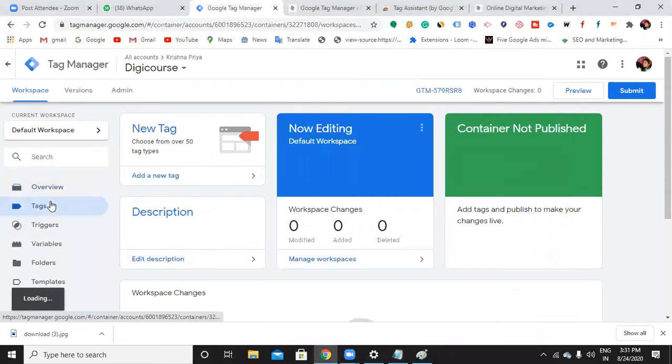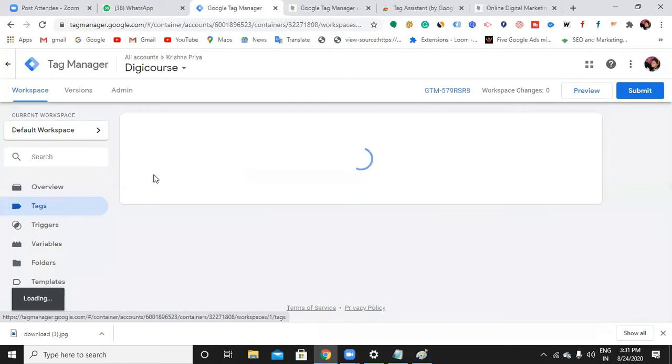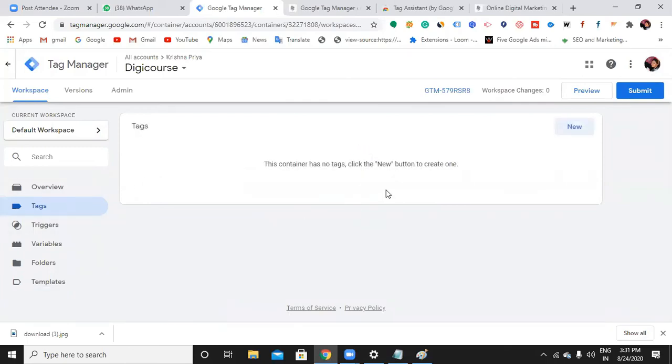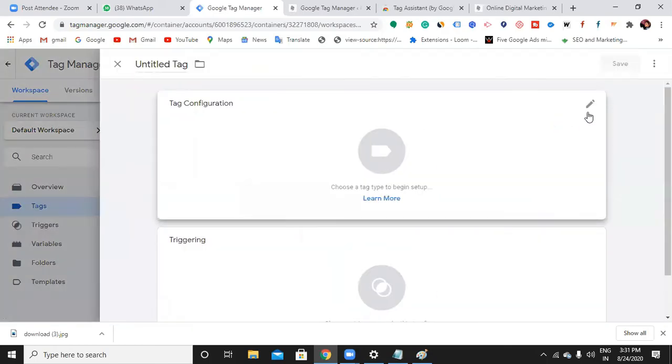So go to tags now, or else if you click this tag, it will show you what all the tags we have. So as of now, I don't have any tags. So click this new and click on this tag configuration. So you can just name this tag.